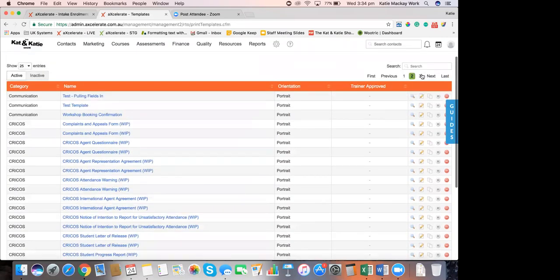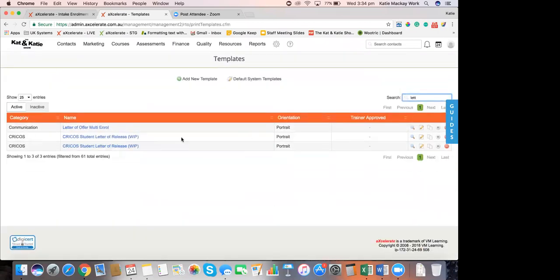But on top of that, we can actually paste into your account a letter of offer, and this says multi-role on the end, but a letter of offer, whether it's for multiple qualifications or whether you're just offering one qualification to the student. So these would both be popped into your account as well, so that you're able to just run with it and customize it as much as you need to. But if I show you an example of what this one looks like in here,